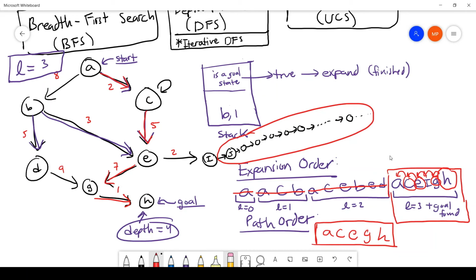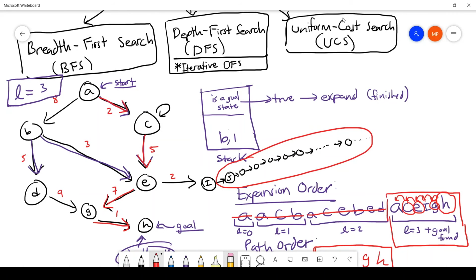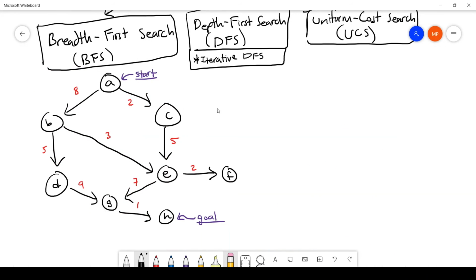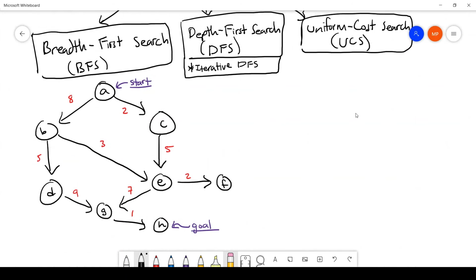But yeah, let's move on to the final uninformed search method, which is going to be the uniform cost search. All right, now let's jump to the uniform cost search. And so now, as the name may imply,